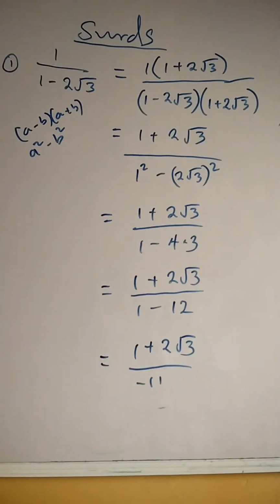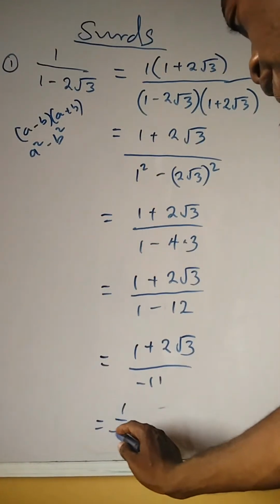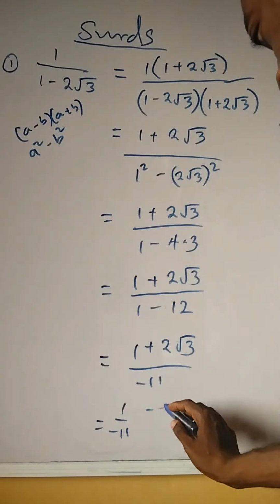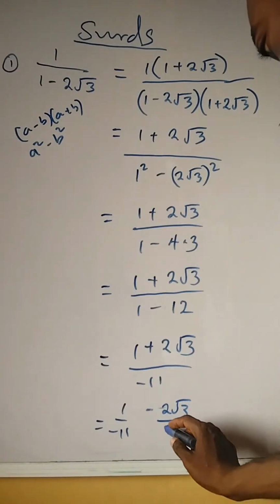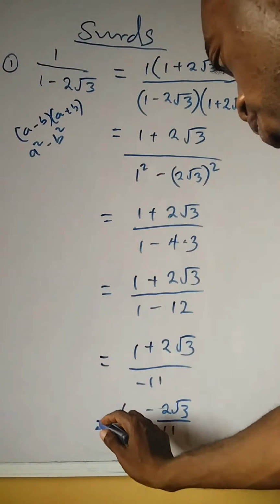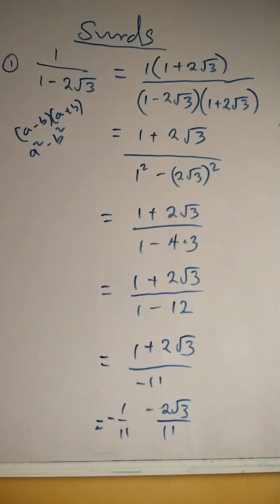If we like, we can write this as 1 over minus 11, then 2 root 3 over minus 11. So this minus can also come to the front. When we separate this into two fractions, this is what we have: minus 1 over 11, then minus 2